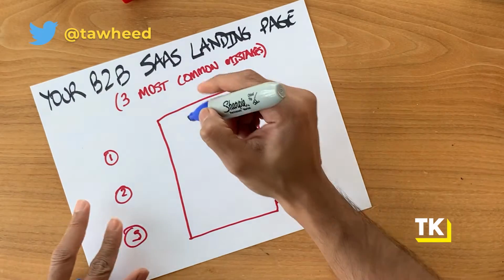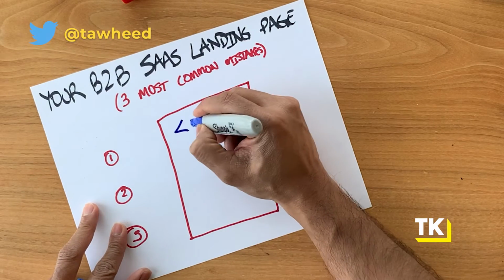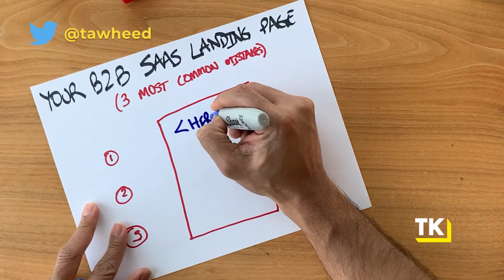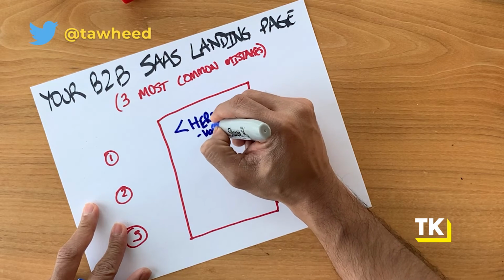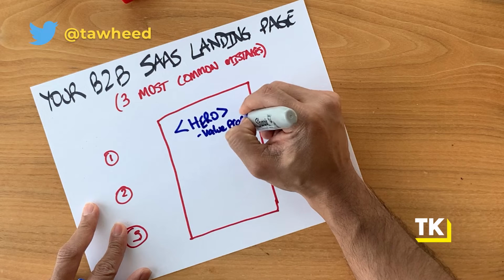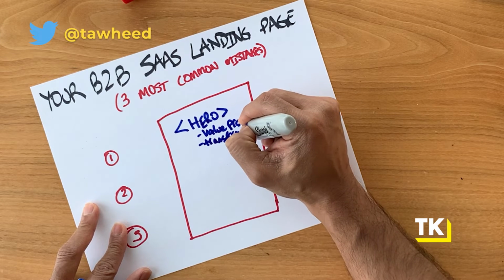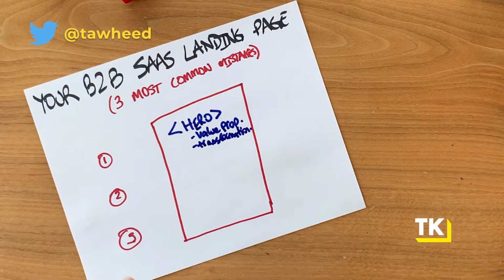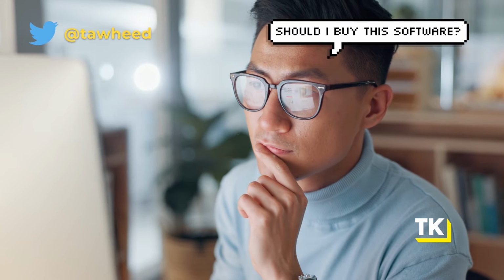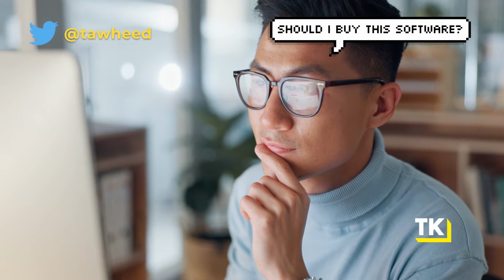So the first common mistake that I see with SaaS landing pages is all the way at the top. This is what's called your hero section. This is where you're essentially giving your value proposition and you're kind of giving your transformation. Within seconds, as people go into your landing page or your homepage for your SaaS company, they're making split-second decisions on, as they're reading that text, if they want to do business with you. That's just the honest truth.